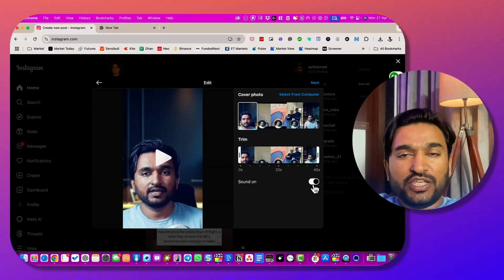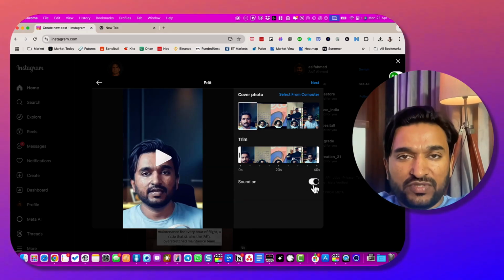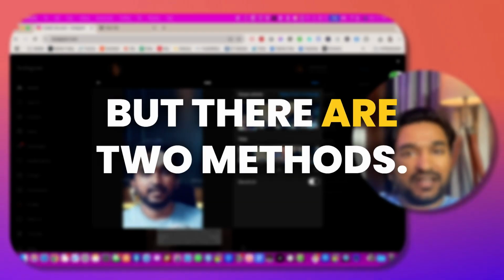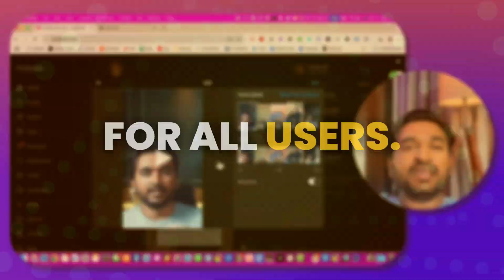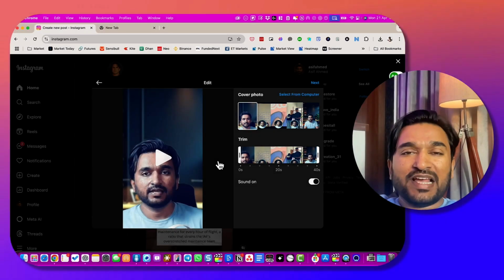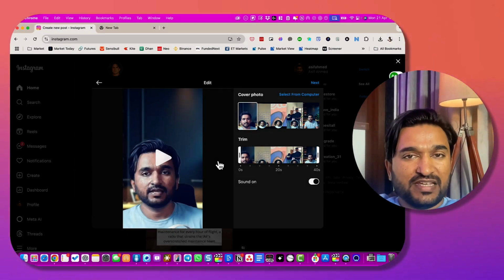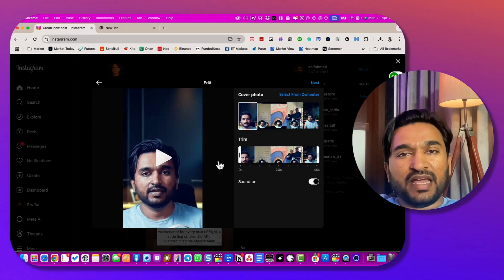Unfortunately, as of now, you cannot use the music library that is available in the mobile version of Instagram. But there are two methods, one for Apple users, the other for all users. For Apple users, you can utilize the Apple ecosystem, which is if you have a Mac computer and an iPhone,